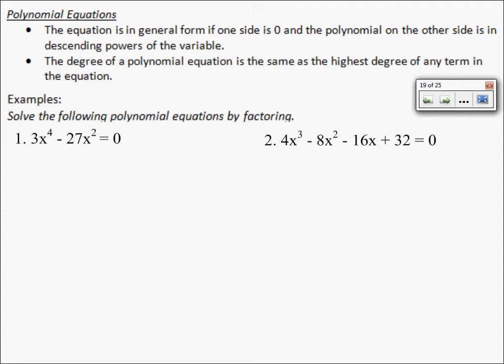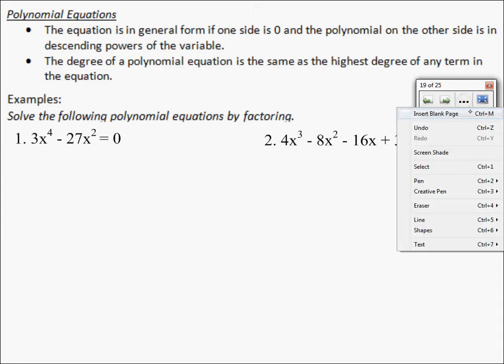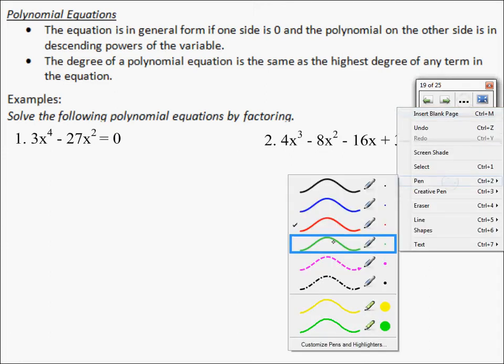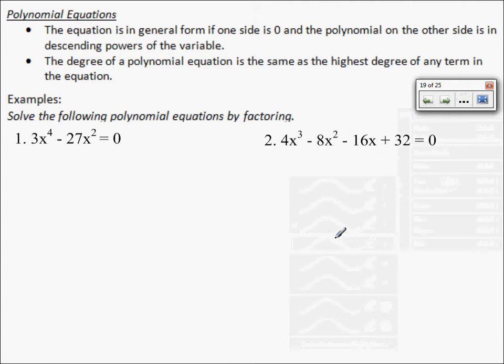Okay, so these examples say to solve the following polynomial equations by factoring. So for factoring, with number 1, that was 3x to the fourth minus 27x squared equals 0. Now, if we look at number 1, the 3 and the 27 are the coefficients of the variables with exponents. And if you notice, 3 will go into both 3 and 27, so that is the number that you can pull out. Now, if we look at the variable,